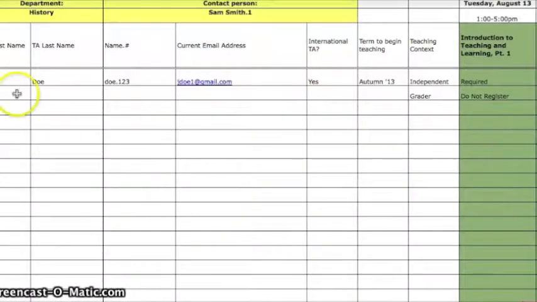Once you have filled out a roster for each TA using a separate line for each individual TA, you can save a copy of the Excel spreadsheet or the roster and put your department name in the file name, and then email it to me at